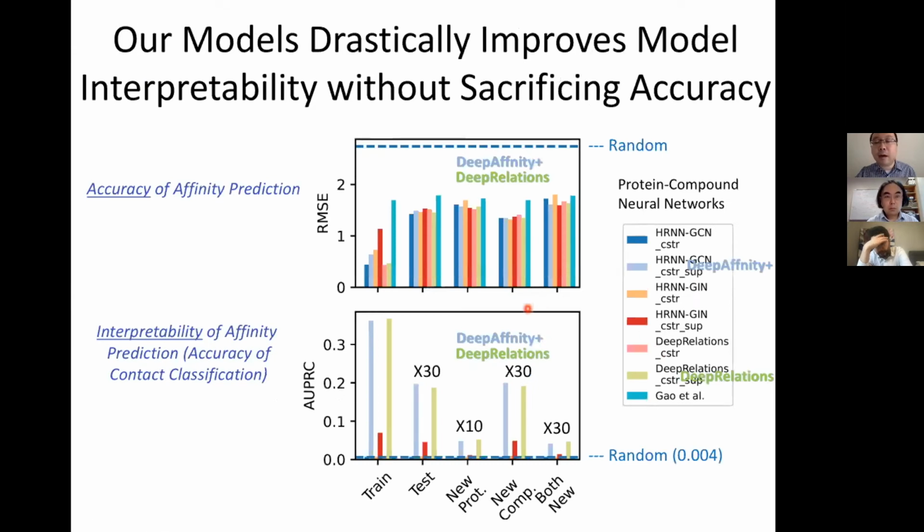If you now look at the different models, again, we are looking at both affinity prediction, the lower the better, and contact prediction, the higher the better, AUPRC. The 2 methods that stand out are the blue color, that is DeepAffinity, again, for training, test set, new protein, new compound, or both new. And you can see that the root mean squared error for affinity prediction is as low as before. In the meantime, if you look